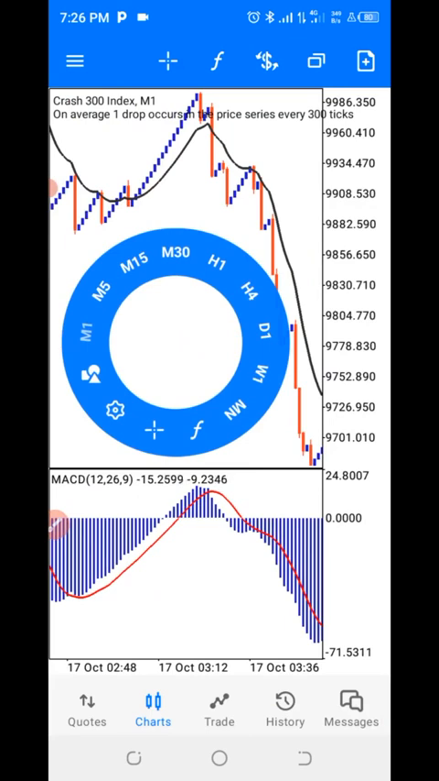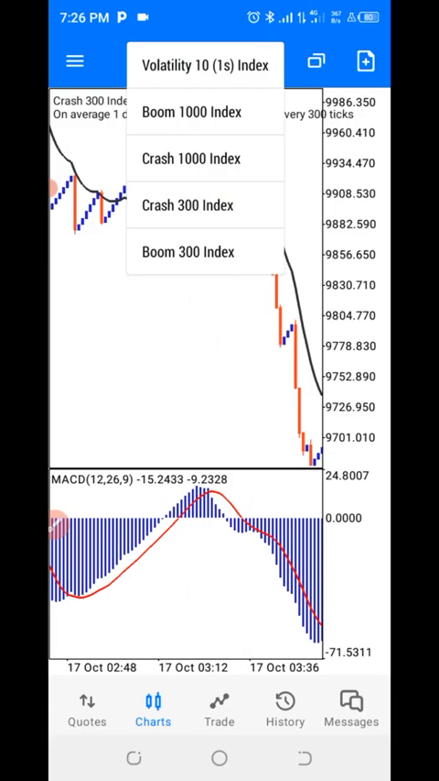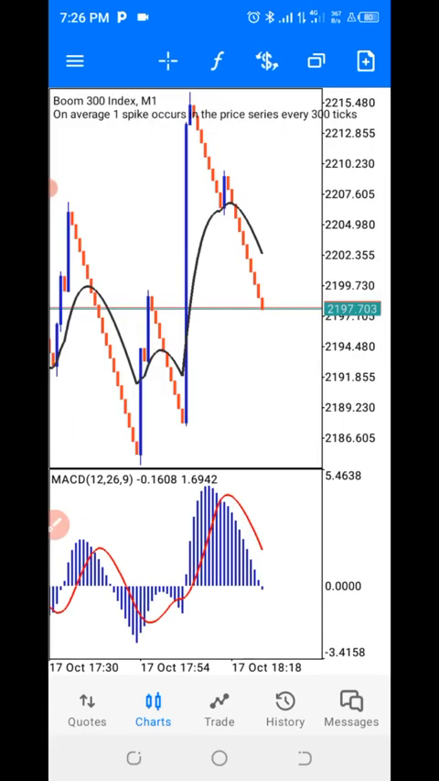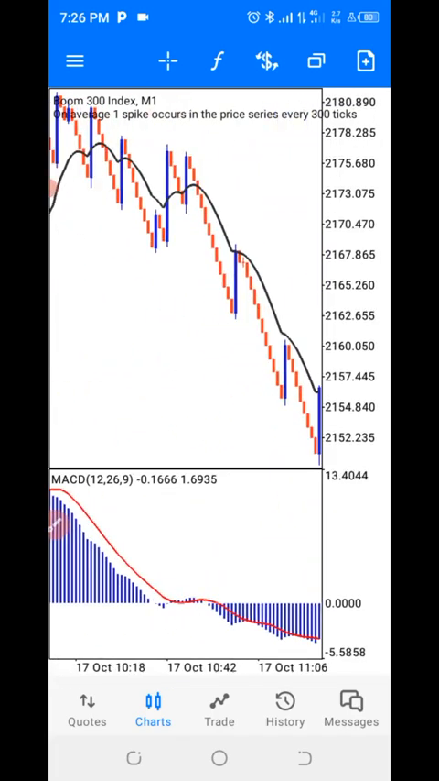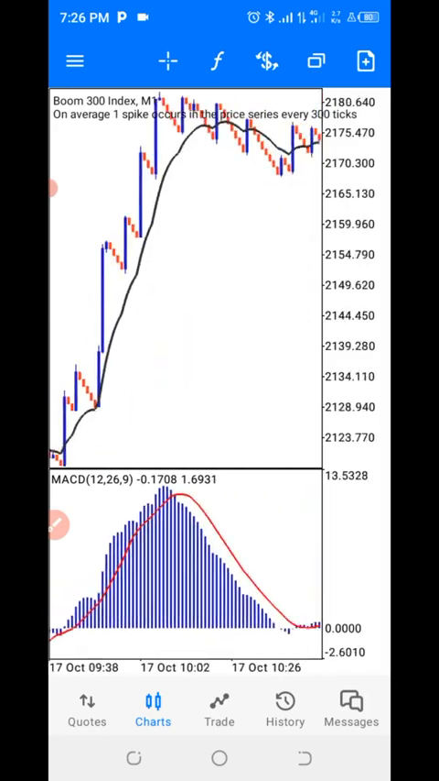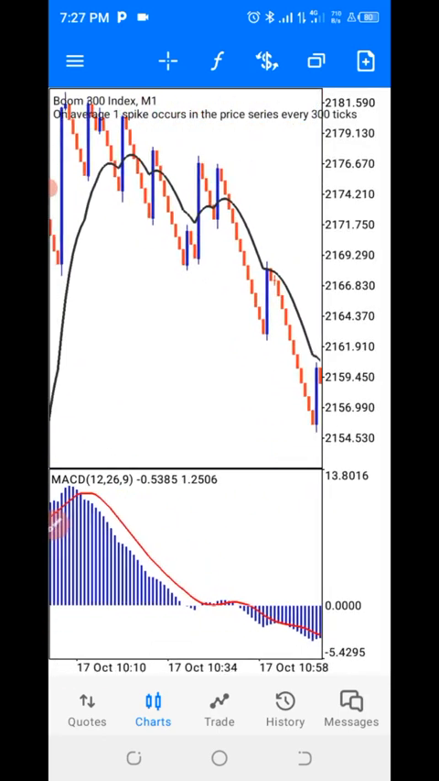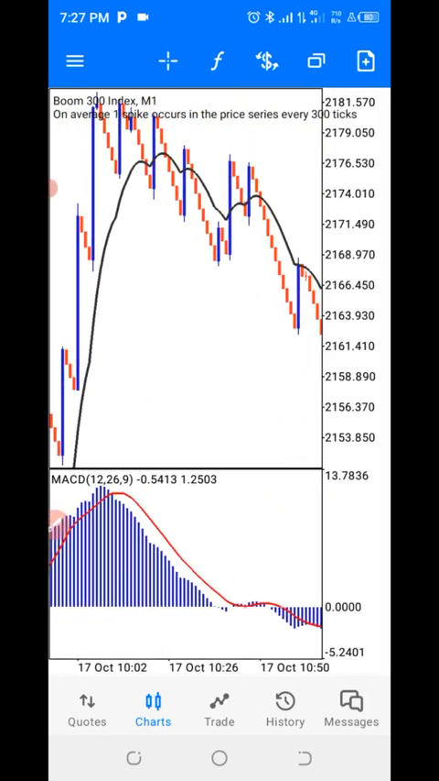So this is for Crash 300 now. So for Boom 300 now, from 300 now, what we'll be having is an M in Boom 300. We're having our M in Boom 300. Right? So for Boom 300 now, what you need to do is just to watch,